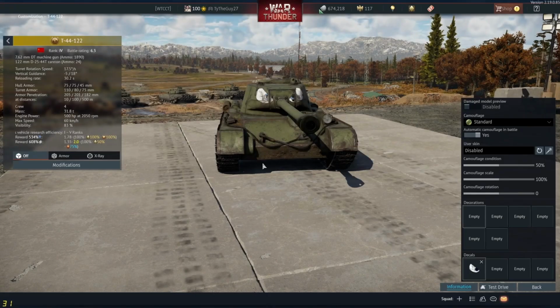At number 11 on the list, we have the T-44-122. This is a Soviet medium tank at battle rating 6.3, available when on sale for 3,000 Golden Eagles for about $25. This vehicle has fantastic mobility, Hellcat-like mobility, a great gun, and fantastic armor. So long as you have the patience to wait through its 30-second reload,